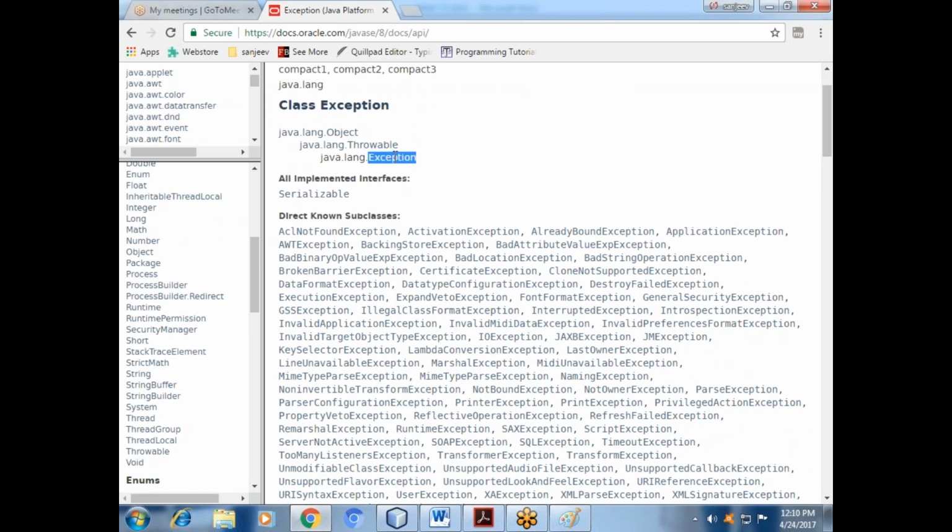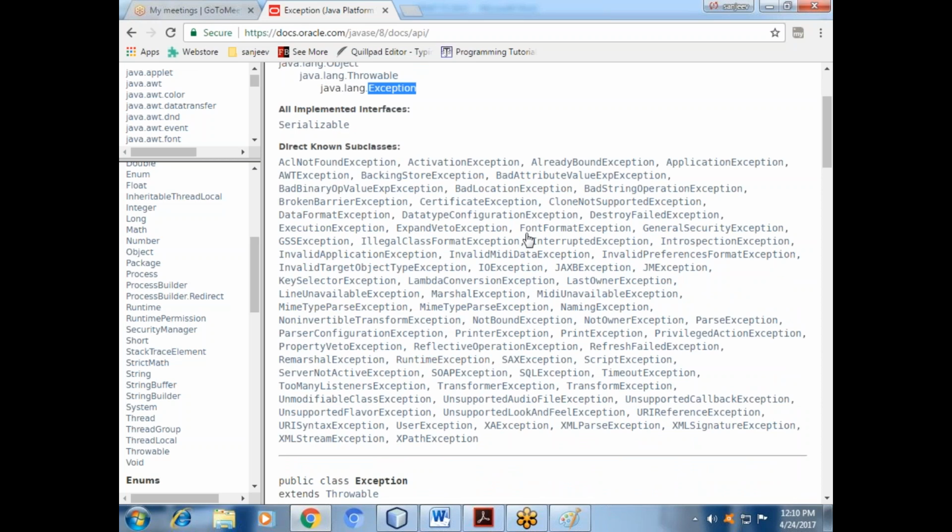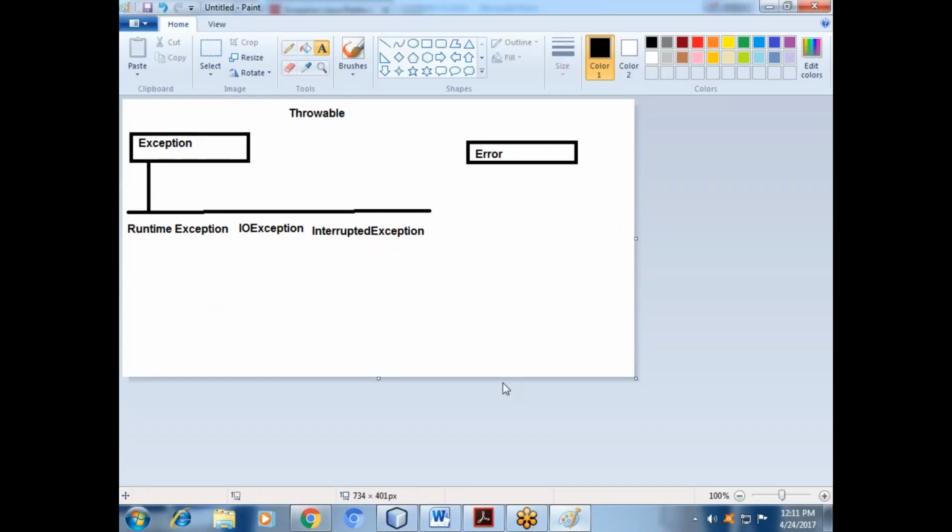We have sub exceptions or not? Hello. Yes, Sanjay. These are the subclasses inside Throwable. How many classes do they have? Is it possible to remember all those things? No. But what are the most important? You can write ApplicationException, ActivenessException, NotBoundException, NamingException, MimeTypeParseException, and more, like SQLException. SQLException you will also get whenever you run a JDBC program. Got it? So this kind of exception we are writing in the hierarchy. That's better: RuntimeException, IOException, InterruptedException you will get.